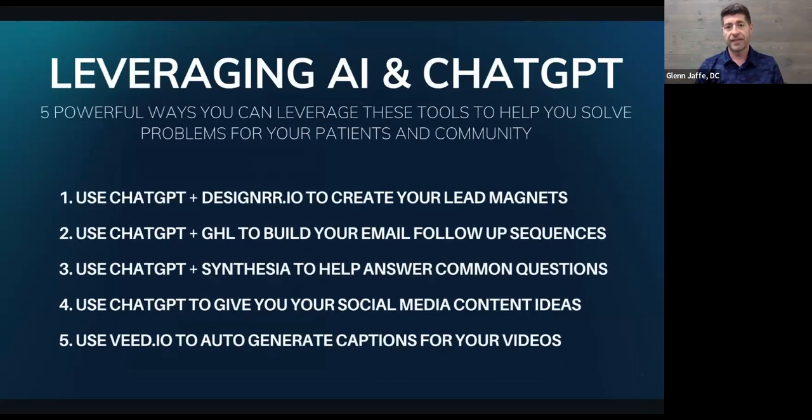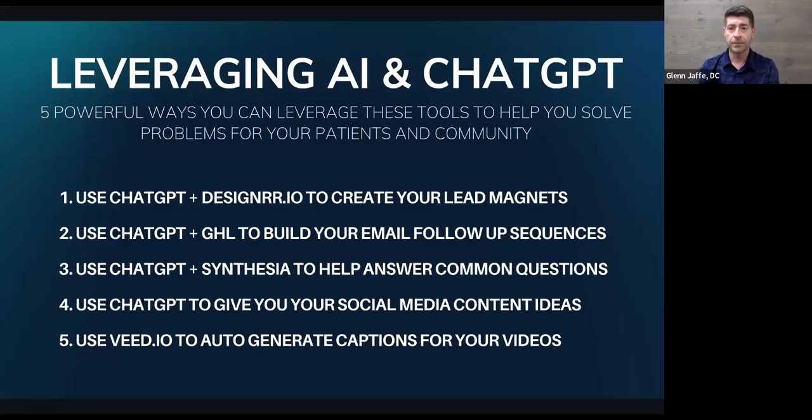So the principle of stacking different AI machines together: you don't have to use multiple ones like in that layer to create the video. You can just do examples here of using 2 or 3 together to help create things. So you can use ChatGPT in a program called Designer.io to create lead magnets. You can use ChatGPT and Veed.io to create captions for your videos that you used a process to make. And Synthesia is another very, very commonly used tool. It has a lot of capabilities to help synthesize and craft some of the stuff that ChatGPT puts out.